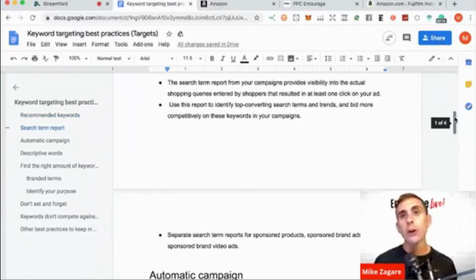Okay, so all of you guys are probably aware, and you're probably doing something like the mining technique or the ACOS scraping technique, where you dig into your search term reports and you find the search terms that are not yet keywords and you bid on them as keywords. So essentially that is what they are saying here.